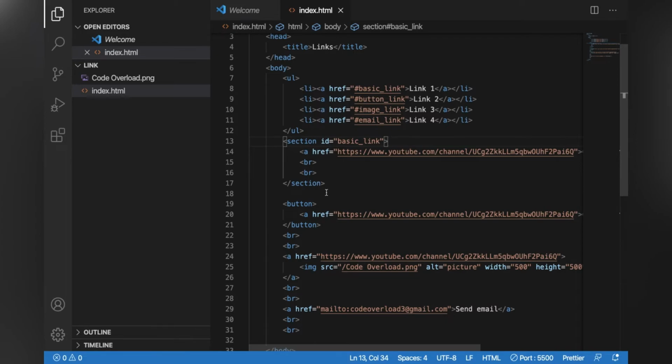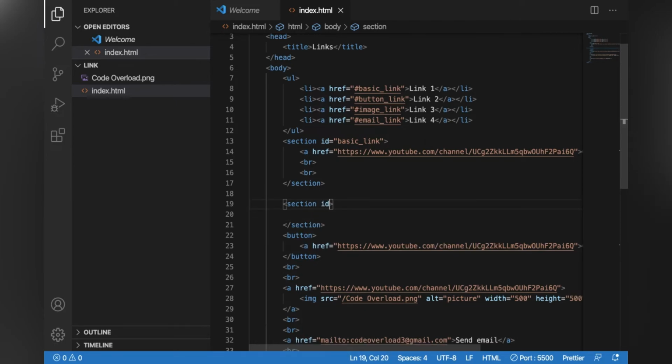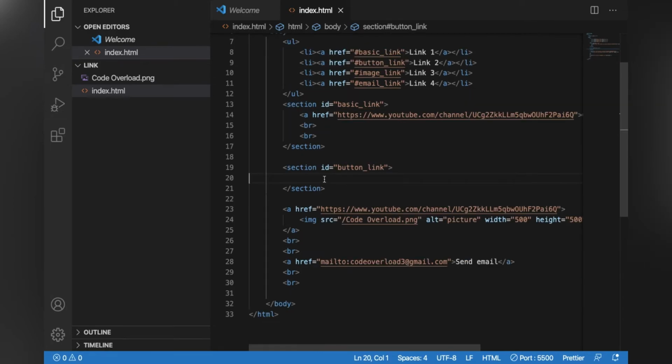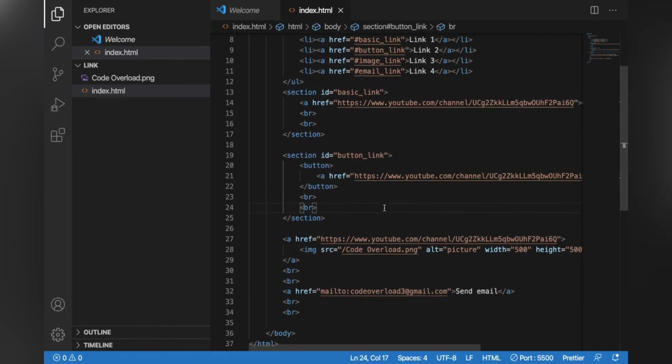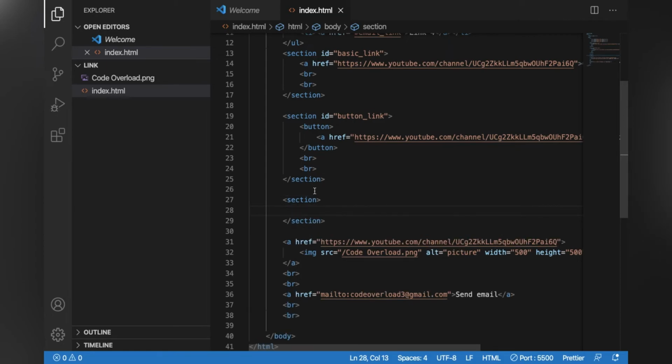After this, I will create another section. This time the ID will be button link. So here I'll just paste this button link. After this, I'll create another section. This time the ID will be image link.